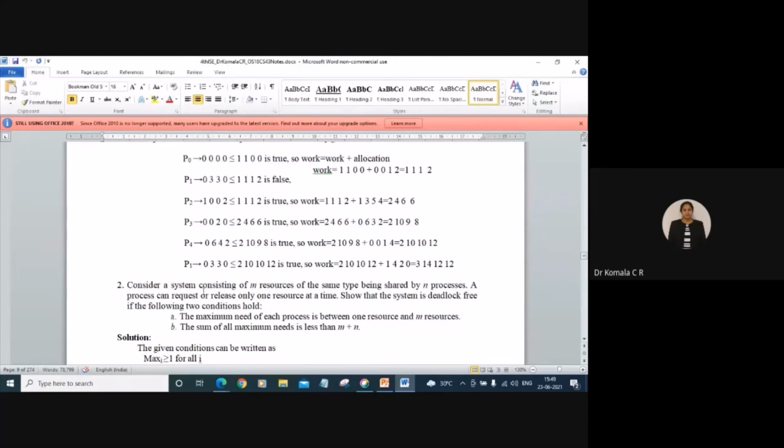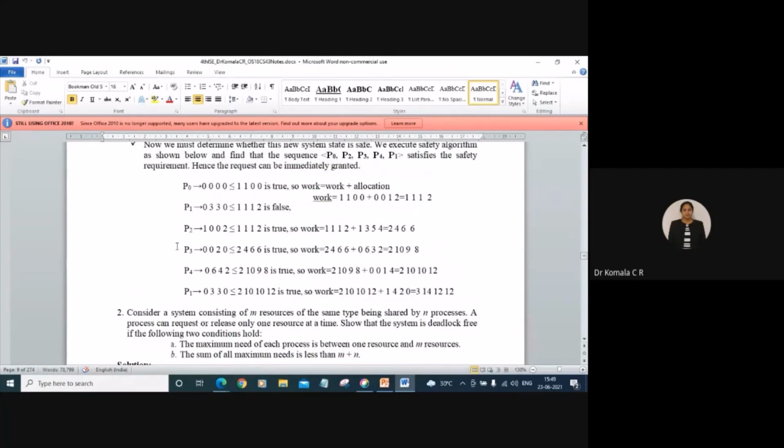So that is what you have done. The system is in a safe state with the new sequence. Same sequence only. What is it? P0 first, then P2, then P3, P4, P1. Then which is correct now? P0 first, then P2, P3,